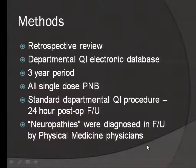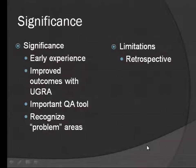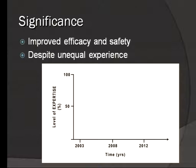Sorry. So the significance, again, is that this is early experience within one department, but I think it's a very real-life type of result. And I think it's a very important quality assurance tool. And again, it's a very good example of how to use retrospective data well. So just a few words about the significance of these last 3 studies, and why